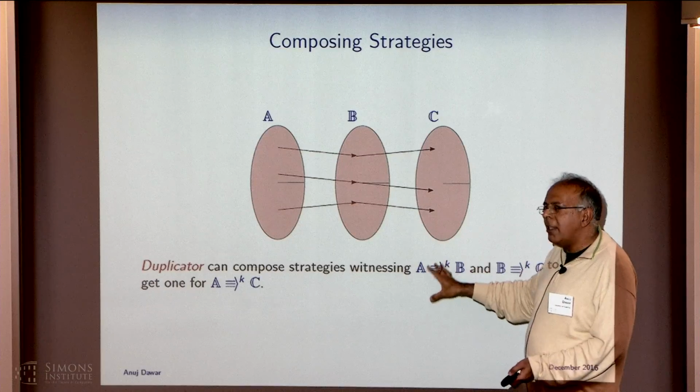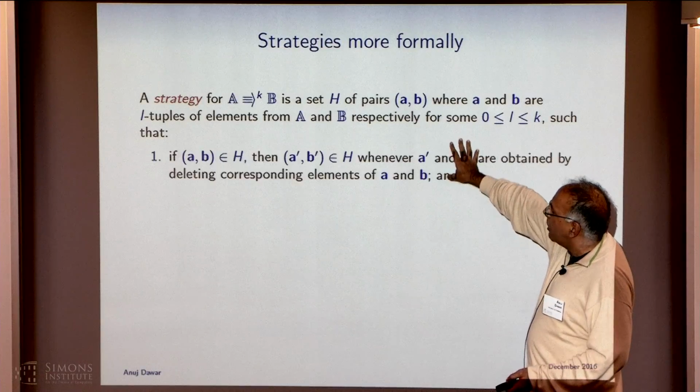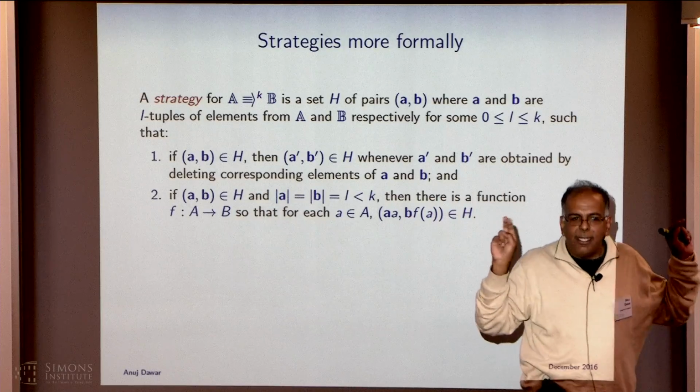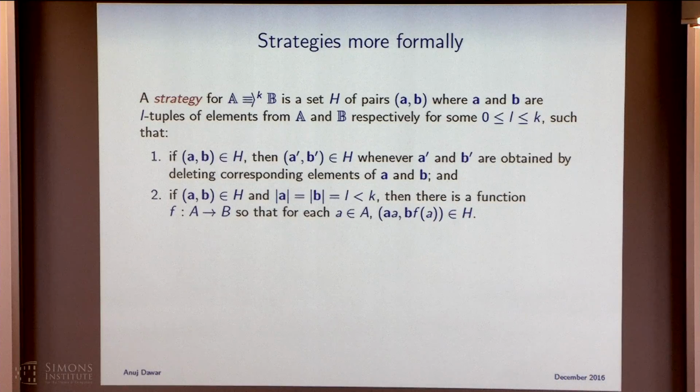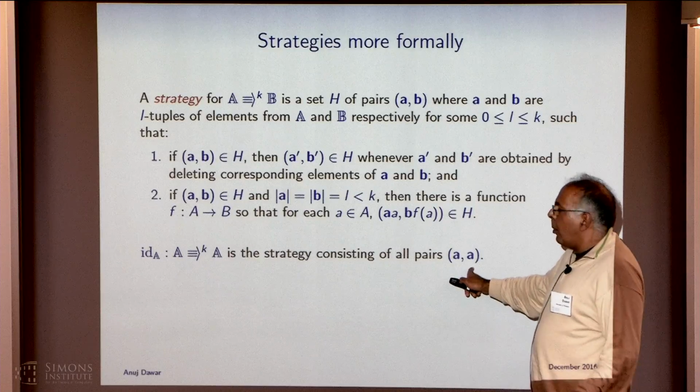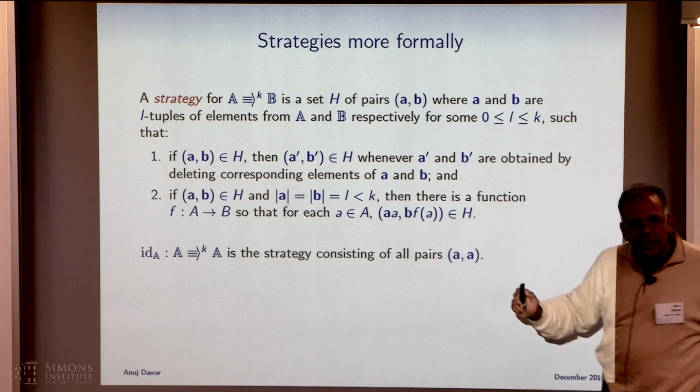So instead we define a strategy to just be a set of positions with these closure properties. And this guarantees that in some sense it contains a strategy, that there is somewhere in there a function. The point of this is that it now allows a nice notion of composition. We also have a notion of identity strategy, so we've got ourselves a category.